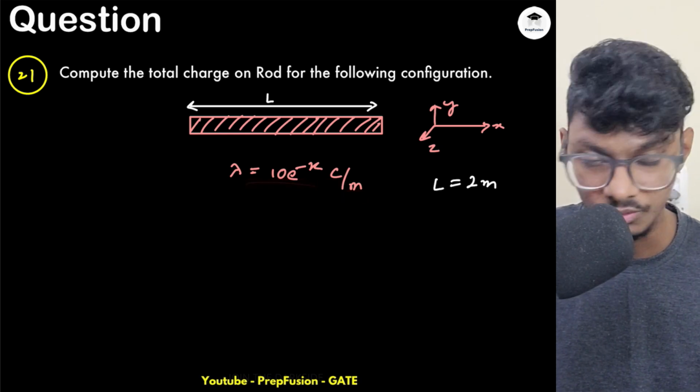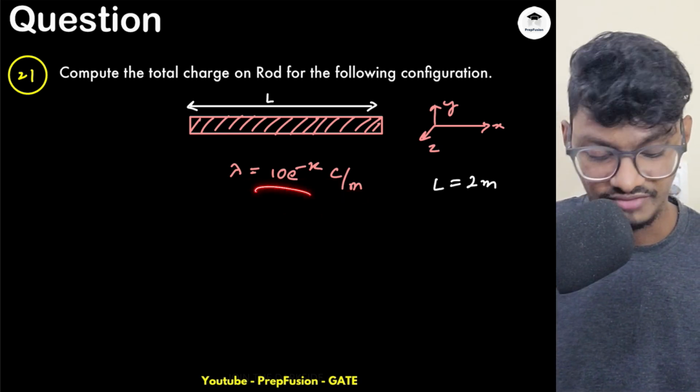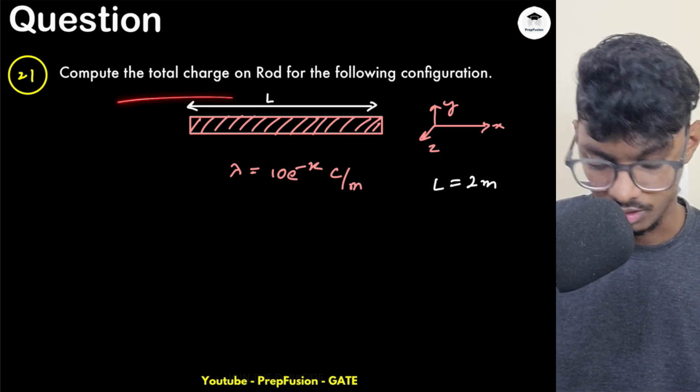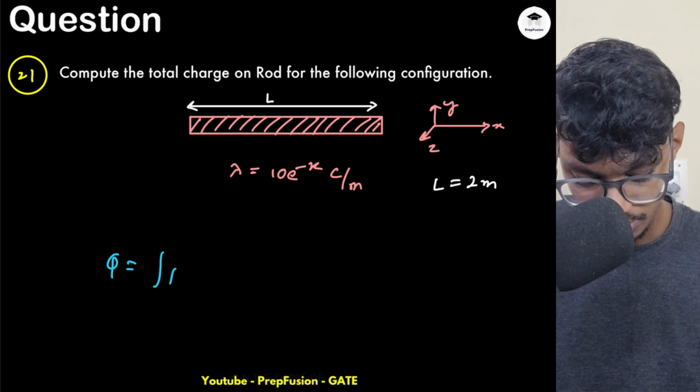So in units, you have to observe the units as well to identify what exactly is given, and length is also given. You have to find the total charge. How to find the total charge? Simply q is equal to integral of rho L